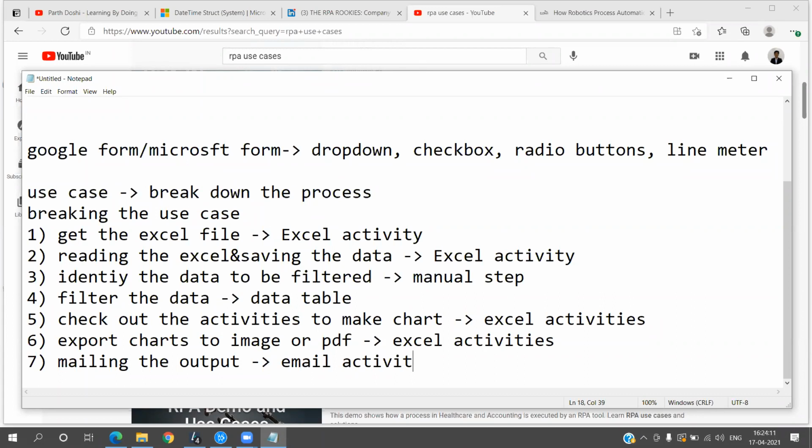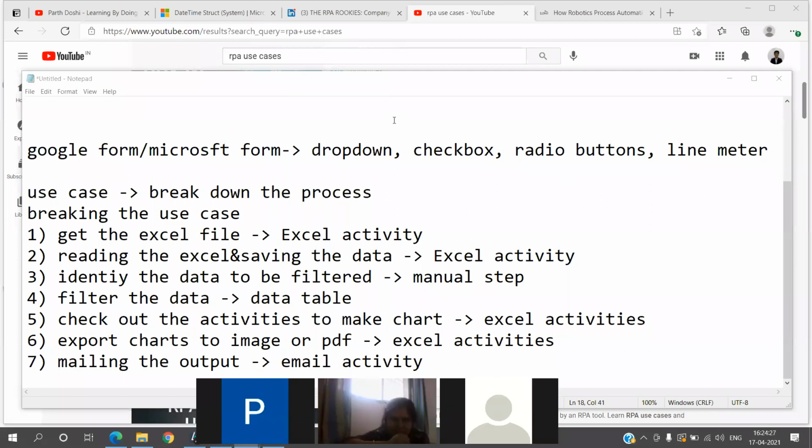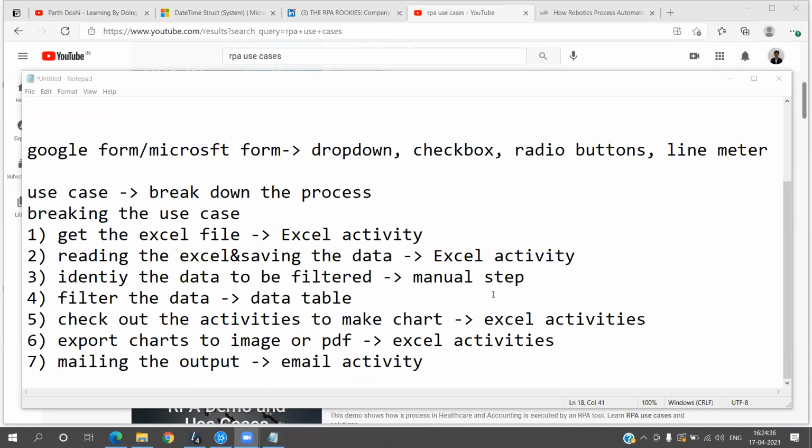the email activity. Now if you see, if someone told me to implement this use case, I have the complete solution right in front of me. Each and every step is pretty much clear, which activities I have to use where and what I have to do. That is pretty much clear to us, right? How we have to do it, what we have to do, and what we have to use. After this, it just comes to a point where you have to arrange the complete process in a proper sequence or a flowchart, whatever you are using, and build your complete automation.